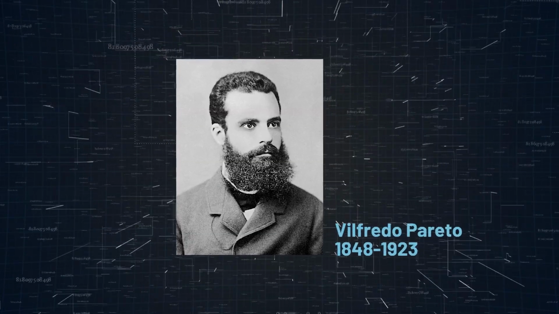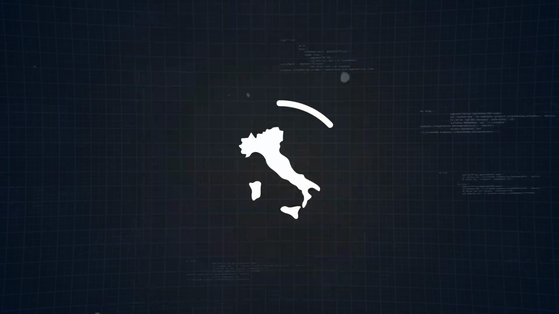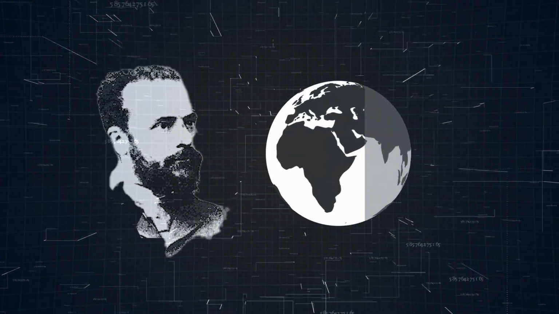The Pareto Principle originated from Vilfredo Pareto, an Italian economist who made an intriguing observation. He noticed that about 80% of Italy's wealth was in the hands of merely 20% of its population. But here's the kicker. Pareto didn't just stop at observing Italy's wealth distribution. He started noticing this pattern everywhere, in all aspects of life and society. It was almost like a hidden rule of nature.